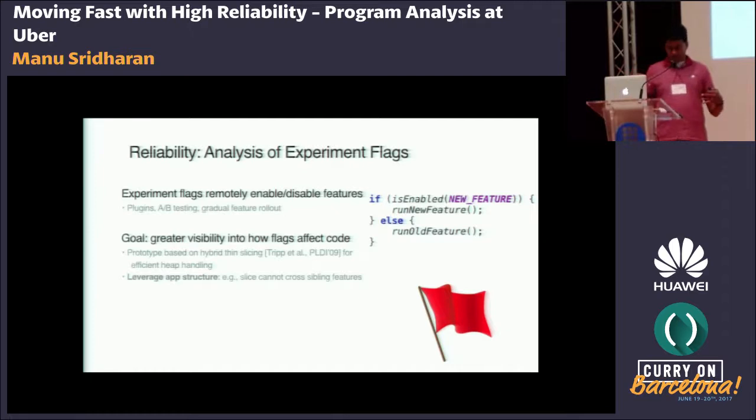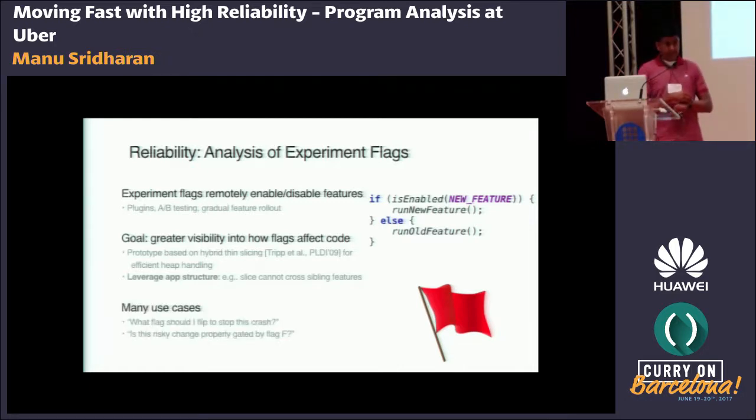We've got these scope hierarchies. We know the siblings can affect each other. So ideally, we should be able to cut off slices that we just know can't cut across these sibling features. So that's something I'm still thinking about and trying to work into this analysis in a clean way. And I think once we have it, there are going to be many use cases for it.